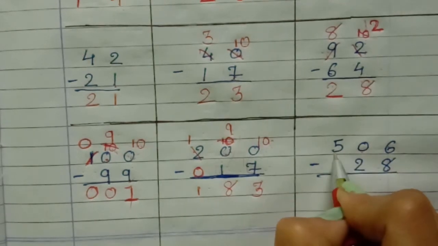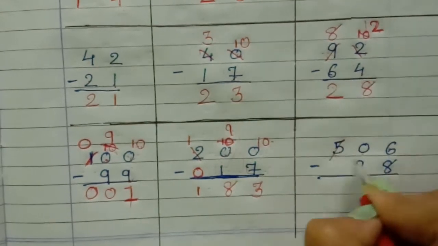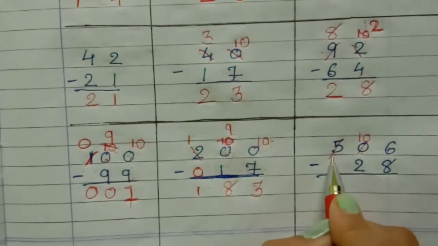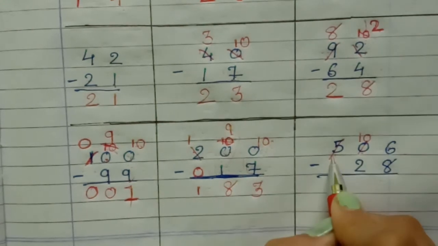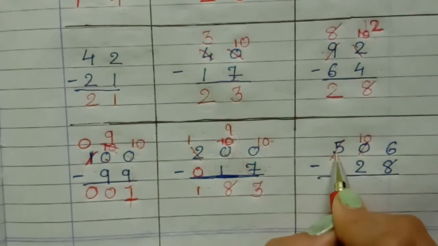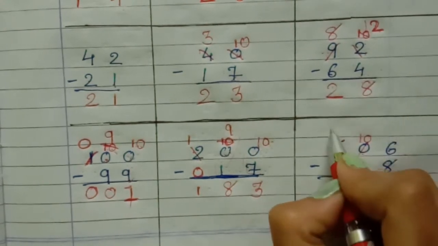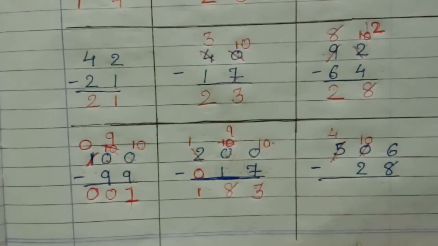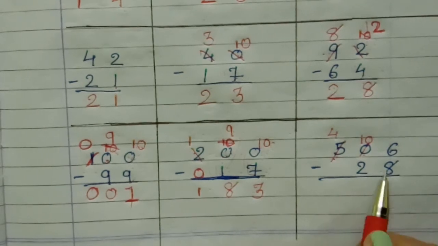We will go to 5. So 5 will give 1/10 to 0. So 5 has remained. We will decrease 1 from 5. 5 में से एक कम करो तो 4. Okay. जब भी एक देंगे तब एक ही कम करना है. Okay. We will decrease it by 1.